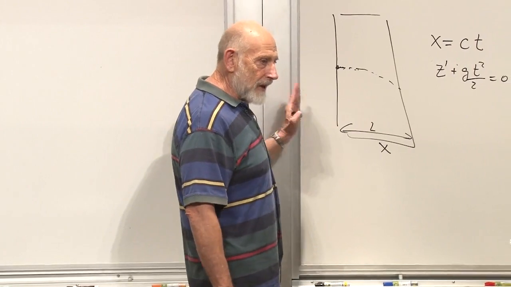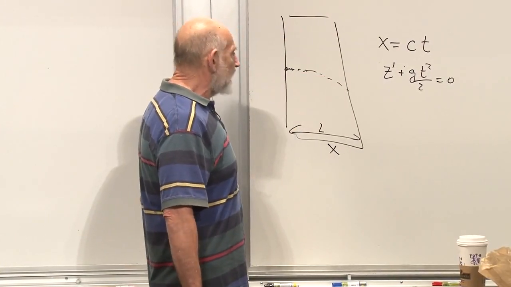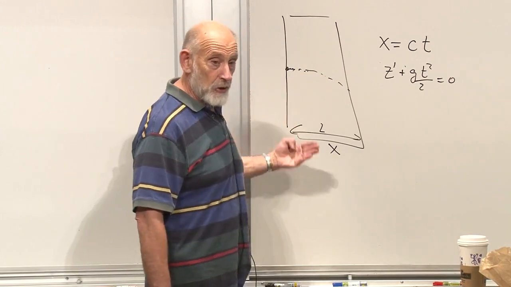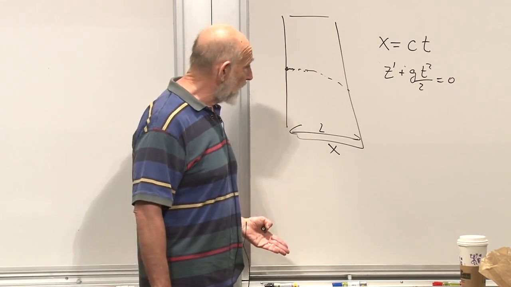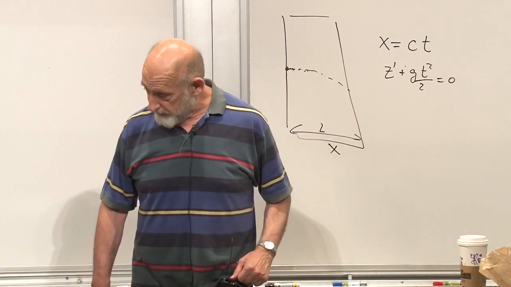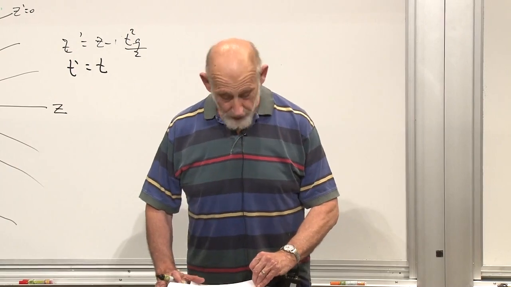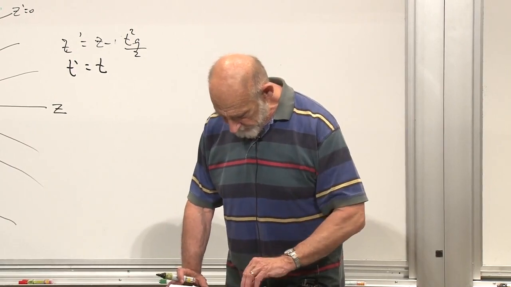This proved to him that the effect of a gravitational field on a light ray was to cause it to curve, was to cause it to bend. Right? And that was something that no other physicist knew at the time. So, clever.